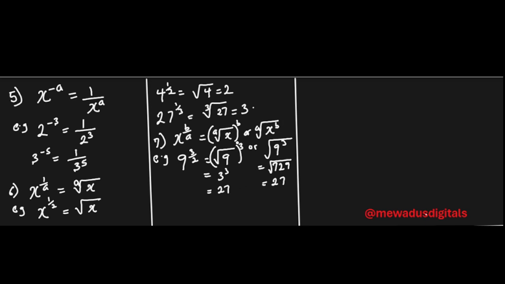You are not to do the two together. All you just need to do is either go with this one or go with this one. But for clarity and understanding, that's what I'm trying to show, that with the two approaches, we would eventually get our answer. Let me also do another example: 4 raised to power 3 over 2. Following the first one, this is going to be the square root of 4 all raised to power 3. And the square root of 4 is going to give us 2 raised to power 3. Or if you are going to go with the second one, this is going to be